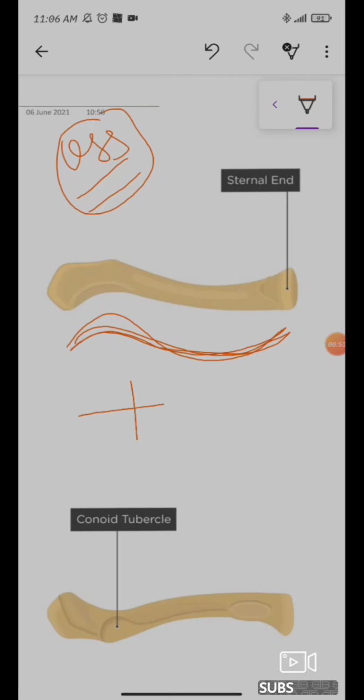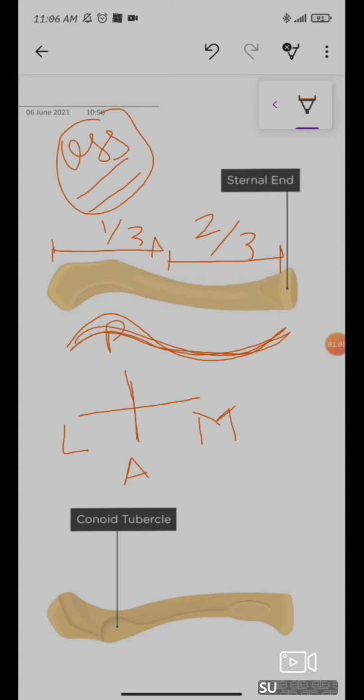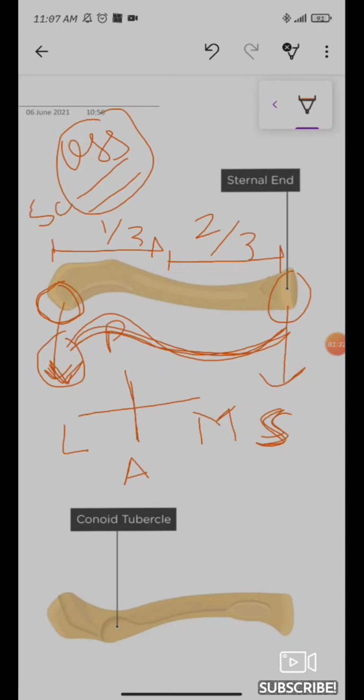First, how we can determine the side. This is anterior, this is posterior, this is lateral and this is the medial end. Lateral 1/3 and medial 2/3. It is the lateral end and it is the medial end. Lateral or acromial end, medial or sternal end. Why have we said acromial end and sternal end? Acromial because it articulates with the acromion process of scapula to form